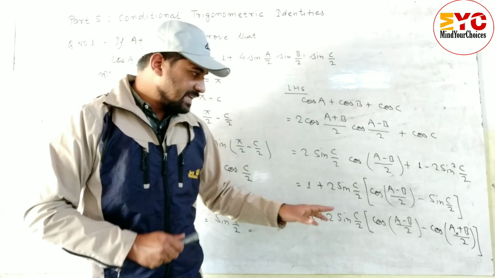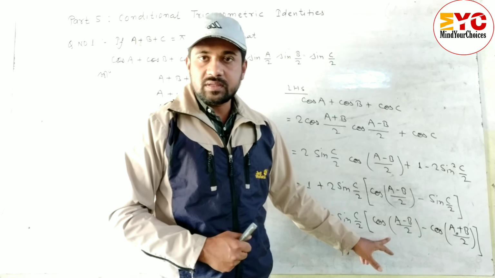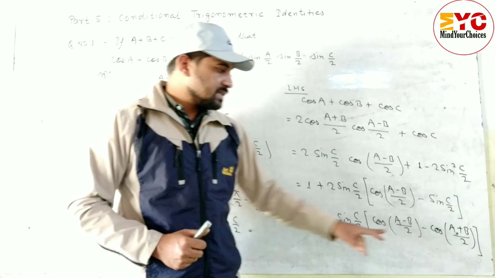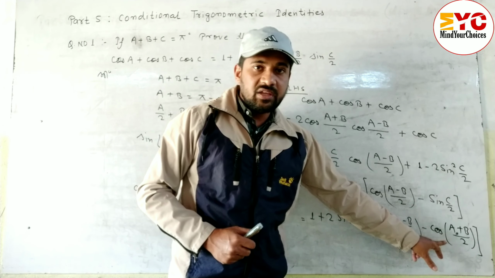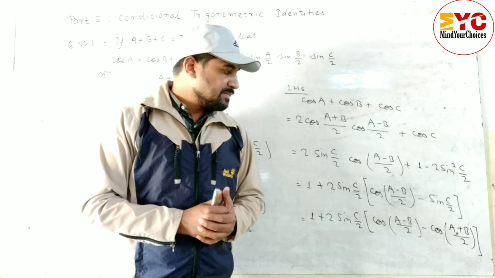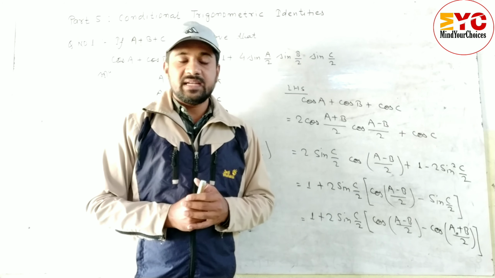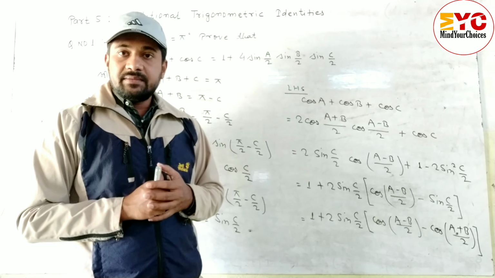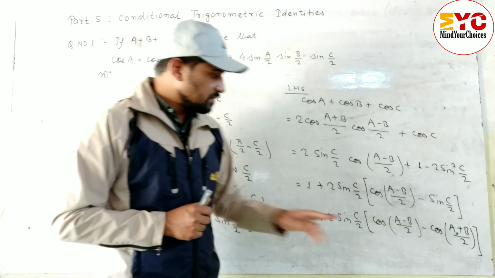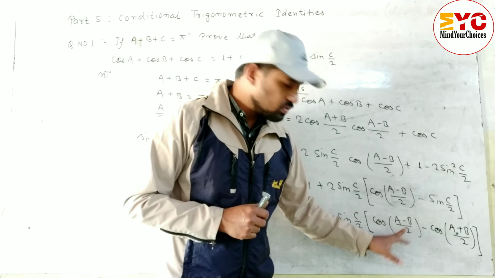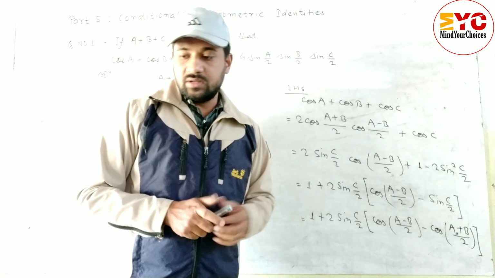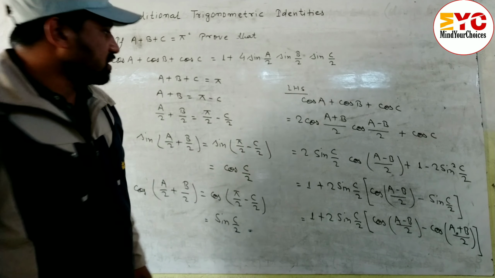Now again you can see this in the form of cos c minus cos d. In the place of c here is a minus b by 2, and in the place of d you can see here is a plus b by 2. So again we have to use the formula of cos c minus cos d. And what is the formula of cos c minus cos d? 2 cos c plus d by 2 cos c minus d by 2. Or another thing, you can use the cos a minus b formula. I will teach in another video how to use another formula, it's very easy also. Now here we can use the cos c minus cos d formula.